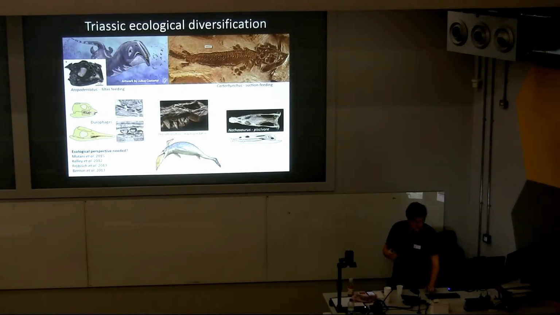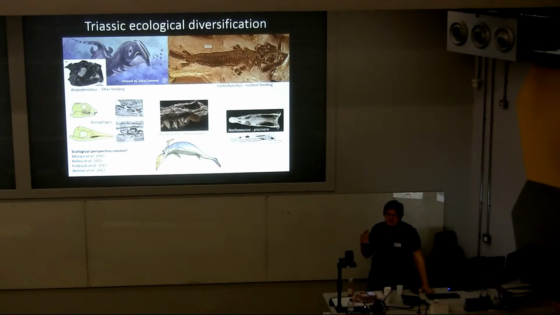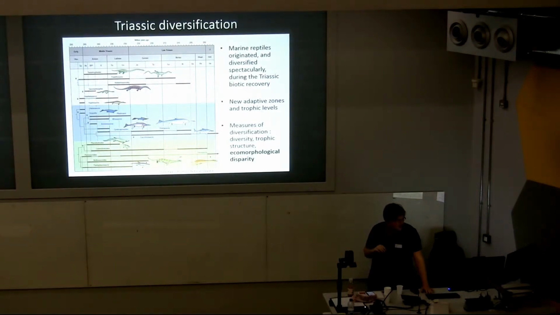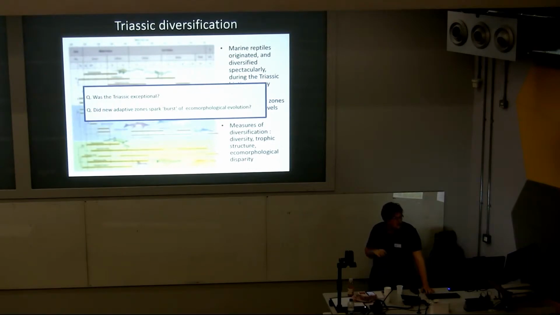And quite a few people have highlighted the fact that this kind of ecological diversity is important and it needs to be looked at further. So that's where I've tried to come in, and I've tried to find a way of quantifying that type of variation you see in those feeding apparatus. And I want to test whether the Triassic was truly exceptional. Was it a time of elevated disparity, a time when you do see a greater range of morphologies and functional